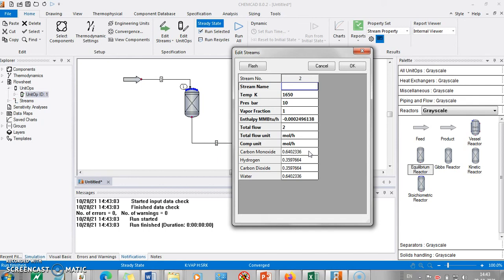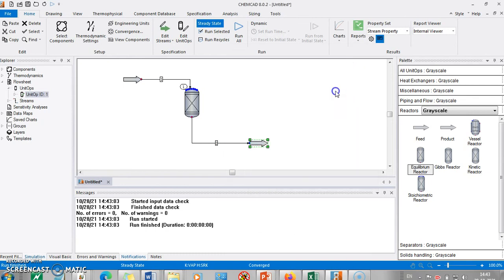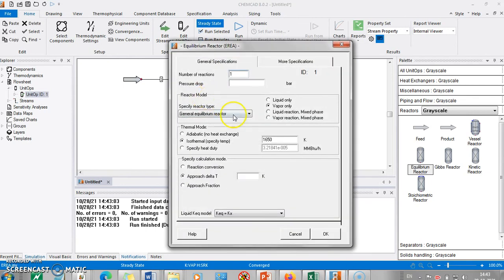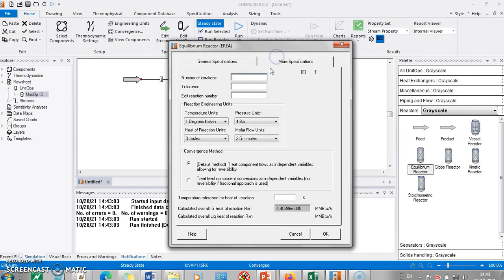This is how you can simulate an equilibrium reactor. The major aspects of definition for the equilibrium reactor are the phase, pressure drop, whether it is adiabatic, isothermal, or you want to specify the duty, so it is non-adiabatic, non-isothermal, and whether you want to specify the conversion or approach delta T or approach fraction, and the units here.